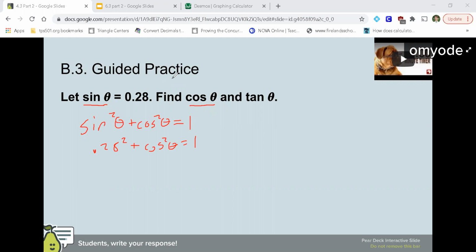0.28 squared is 0.0784. Equals 1. Subtract. And I will encourage you, try not to round as much as possible when doing these. Every time you round, you're going to mess up your answer. All right, square root. Second answer, we get exactly 0.96. All right, and then now that I know cosine,